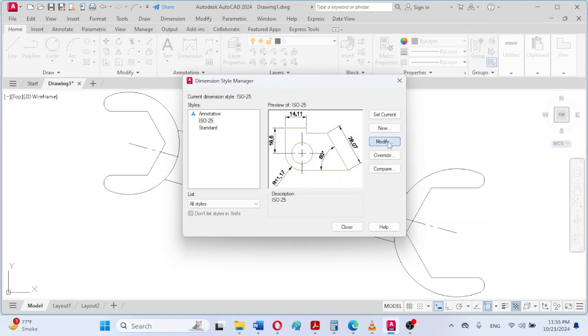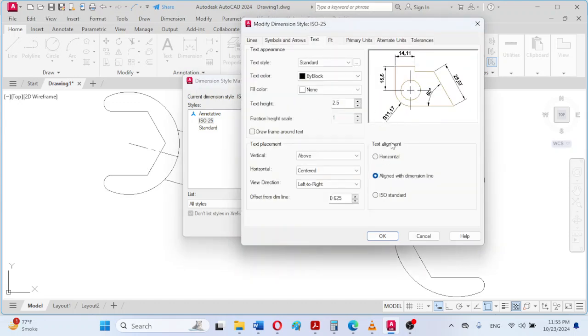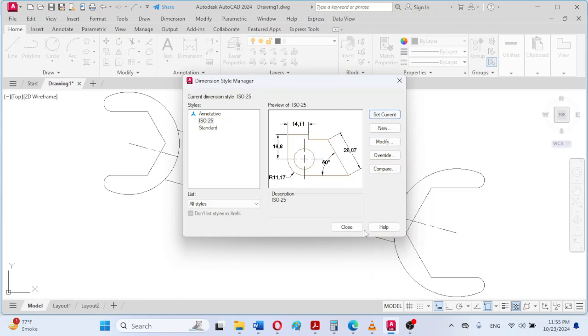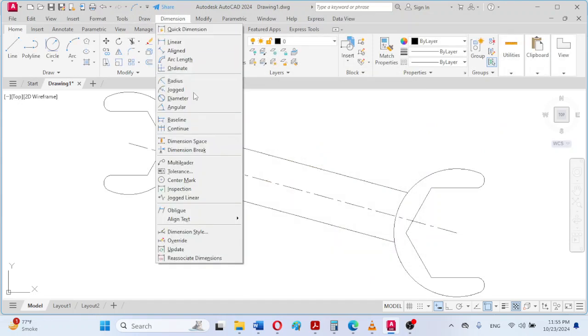Some other settings we can do for the dimensions: the text alignment must always be horizontal, and in the text placement, vertical and horizontal both must be centered. So these are the necessary settings, and now we will be clicking on